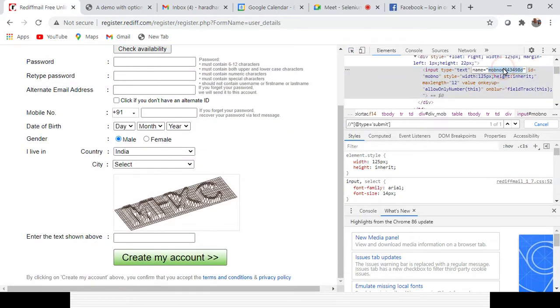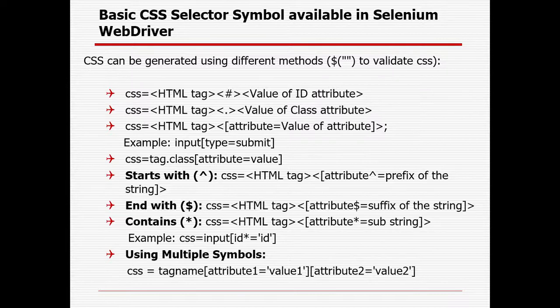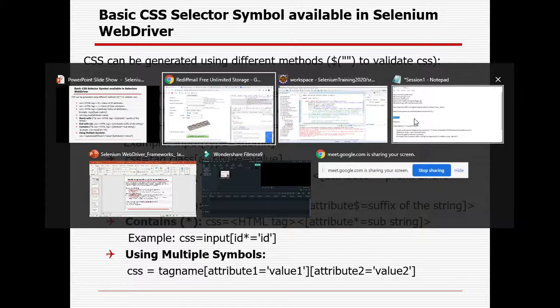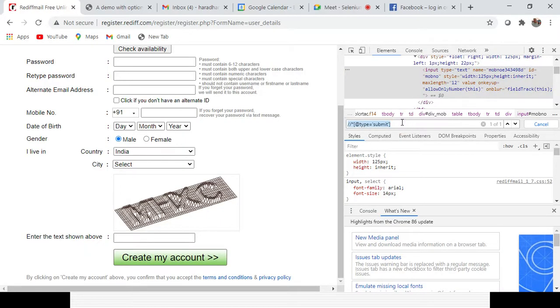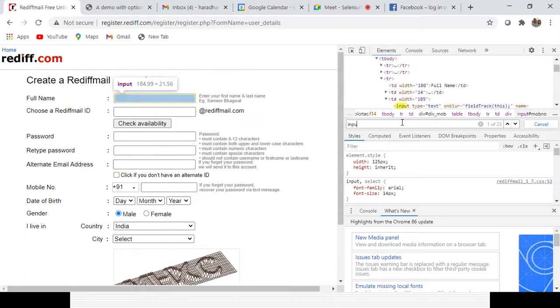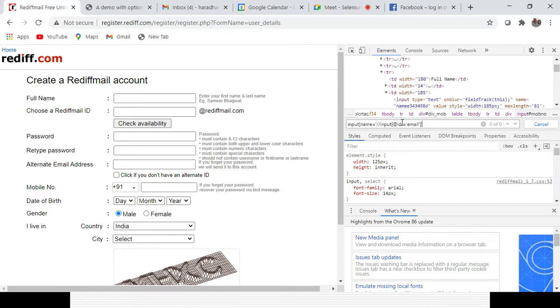So if I know the name, how can I create it? Only ID and class are easy, but if I know the name, you have to use the tag name first. So this is the input tag name, then I will give the square bracket, and here no @ annotation is required, right? Name equal to, and you need to give the name here, only a simple way. You need to close the bracket.